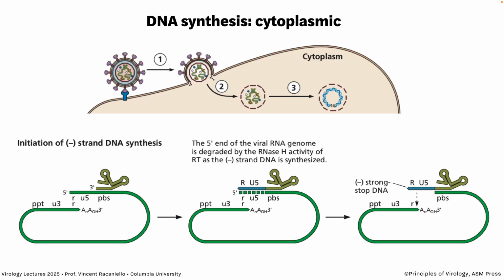So I told you that DNA synthesis occurs in the cytoplasm. So here's what happens. The virus binds its receptor, fuses at the plasma membrane. The capsid becomes permeable so that required cofactors can get inside, and then you make a double-stranded copy of the genome. So I want to show you how this double-stranded copy is made. It's amazing. I'm not showing it to you to confuse you, because for the exam, you can look at these pictures. I want you to understand, though, how it happens.